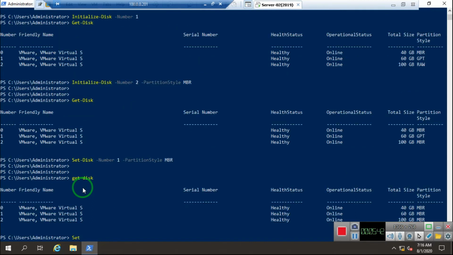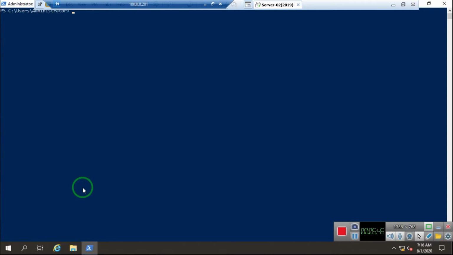So we'll go for Set-Disk. Once I clear the screen with CLS, now we'll go for Set-Disk, and I go for -Number. I'm sorry, I need to give the space in between that. Here it is, the number. I want to change my disk's partition style and change it to GPT again. So you can go for that like this.